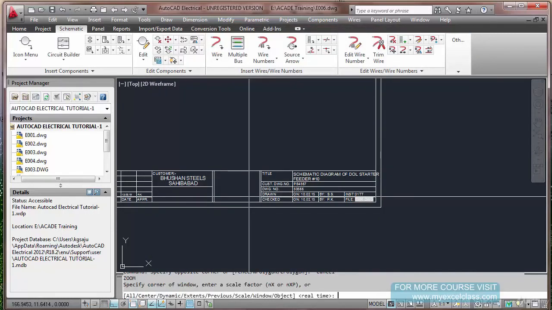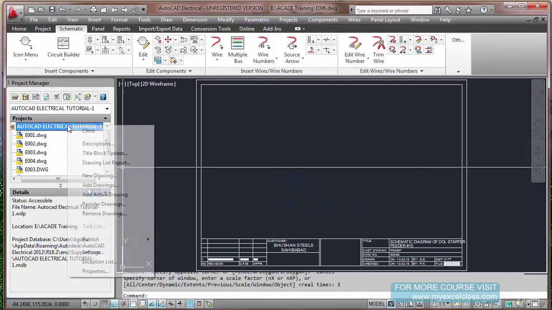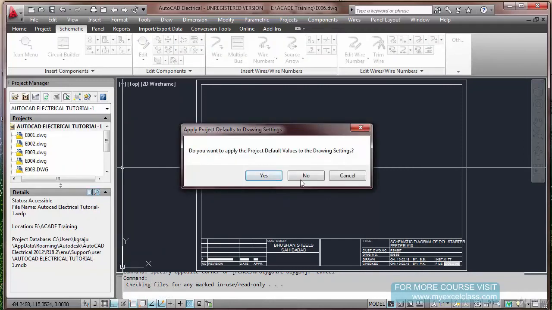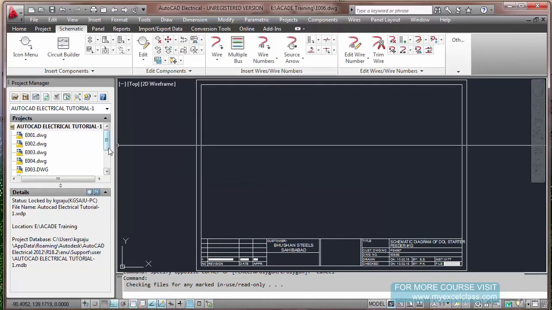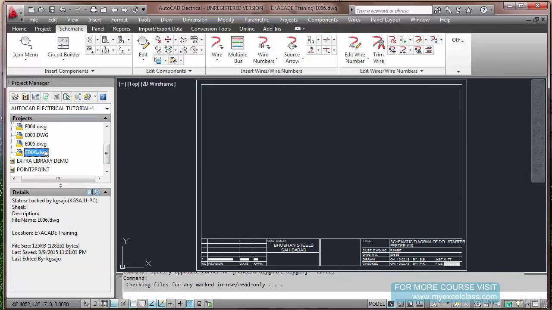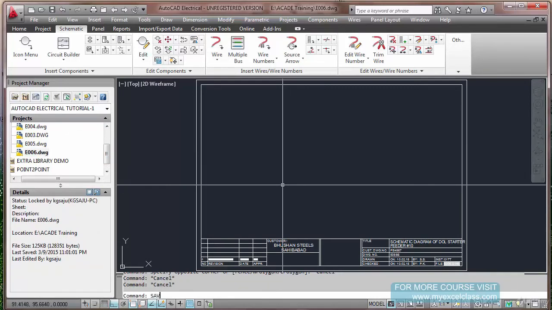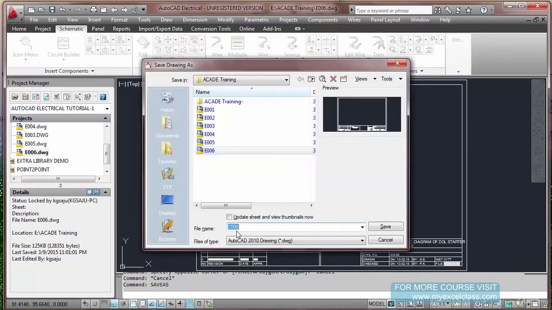Fine. Not only that, you have to add this particular sheet into this project as well. Otherwise, that won't come here. Now you can see 5 and 6. Now this is sheet number 6. I am going to save this file as